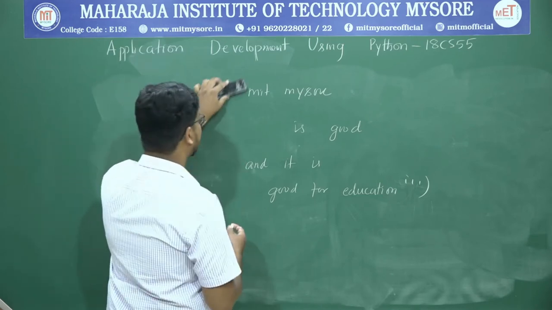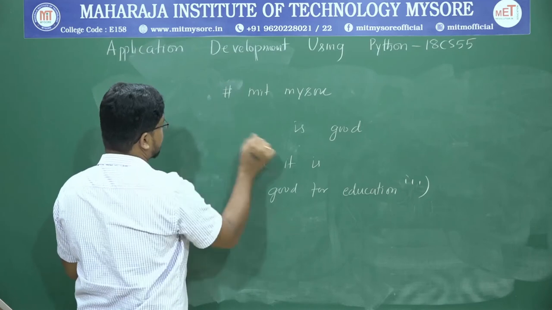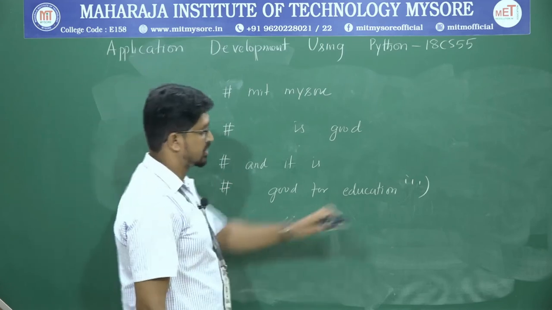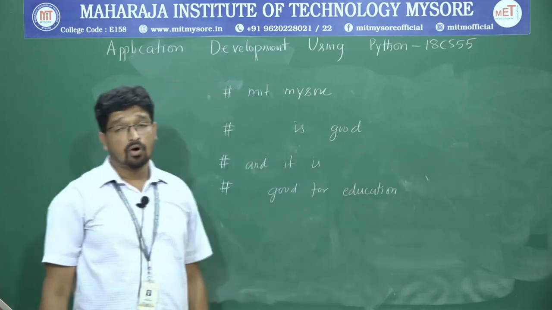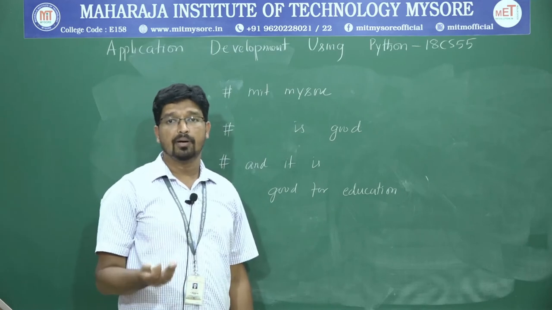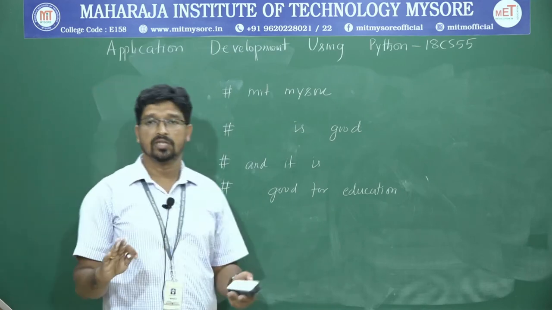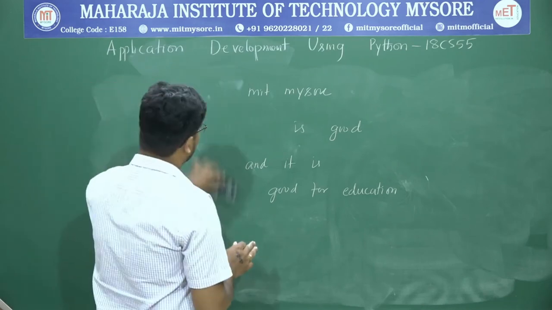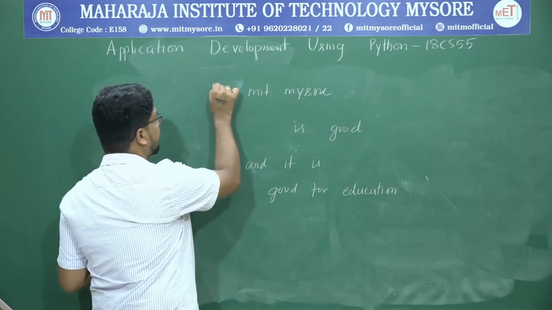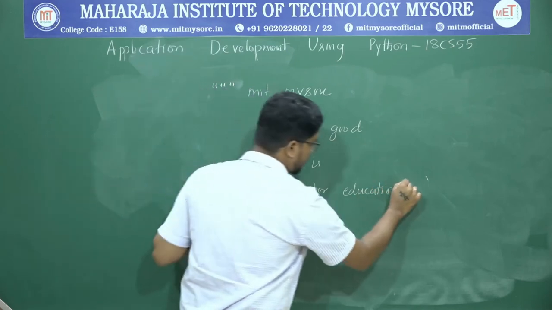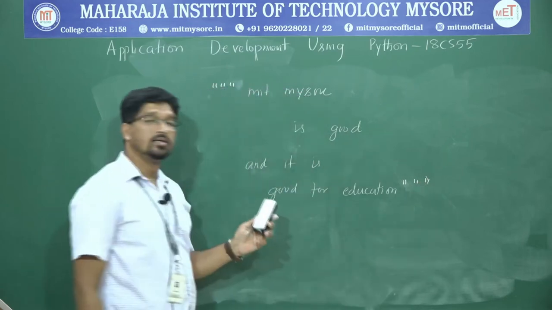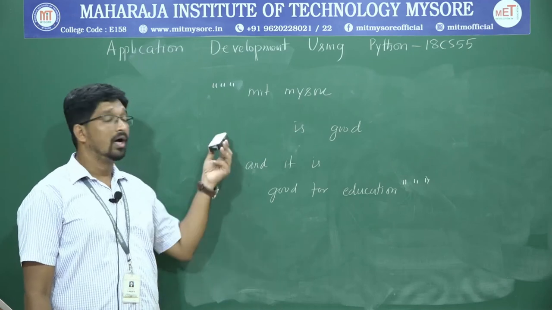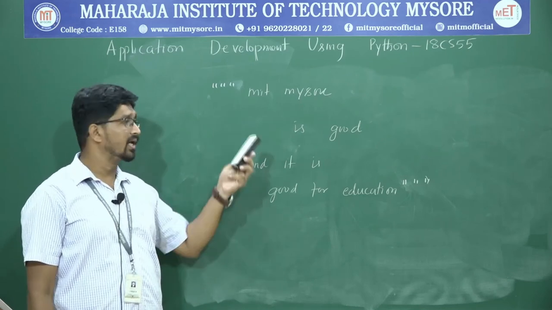If you want to comment a single line, then you need to write hash. Let us say if you want to write this as individual lines, then you need to put hash. But if you want to have multiple line comments, they are just ignored, they are not executed in the program, they are not printed on the screen. So if you want to have multiple lines of comment, then you should use 3 double quotes. That is how you use paragraph comment or multi-line comment in Python.